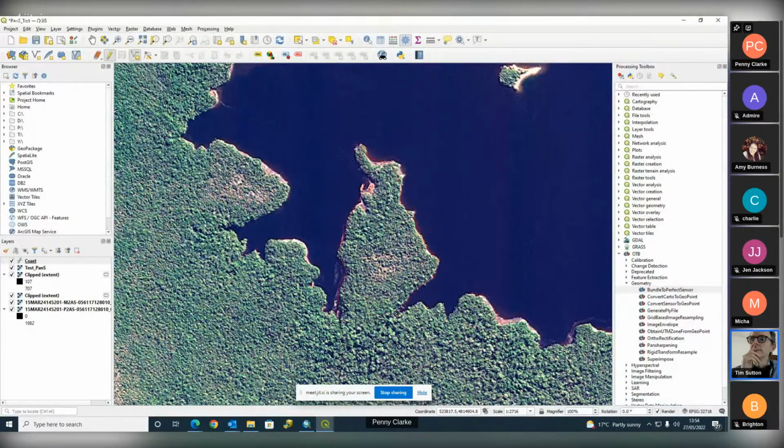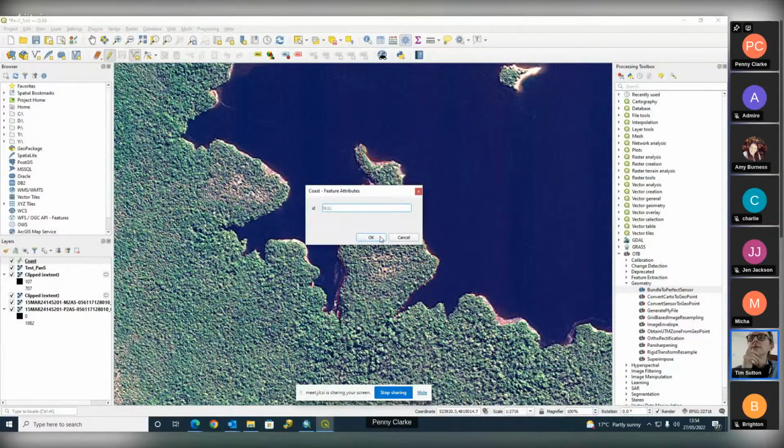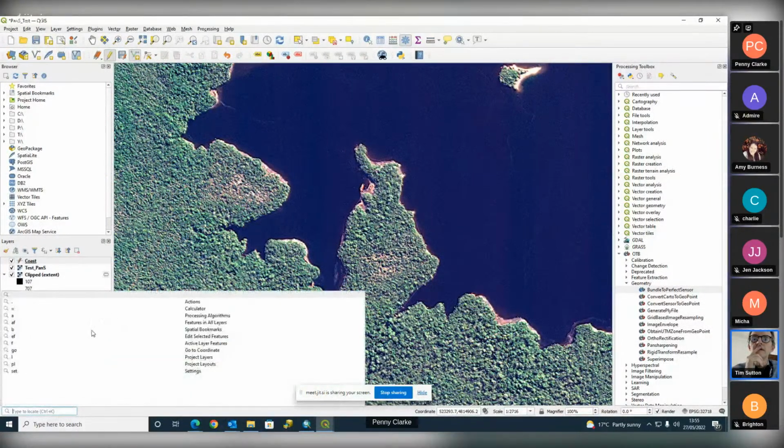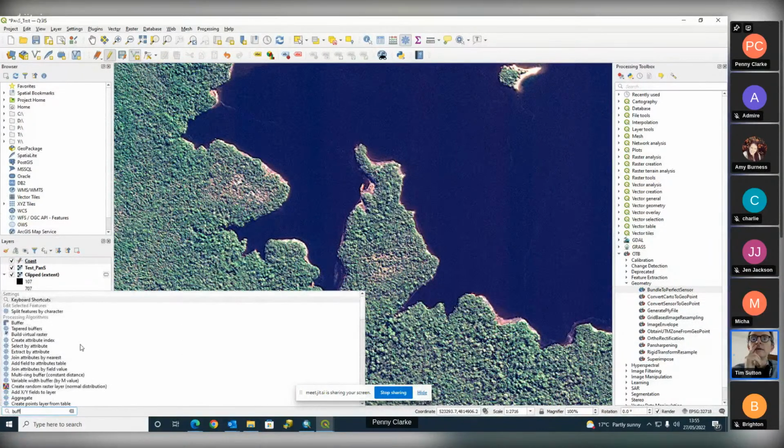Perfect. And then you can right click to end it. And then just save your edits. Yeah. And then if you want a power user tip, you can go in the bottom left-hand corner of the screen or press Control K and just type buffer. Just type buffer in there, and then we'll give you a shortcut to finding the buffer, and then you can